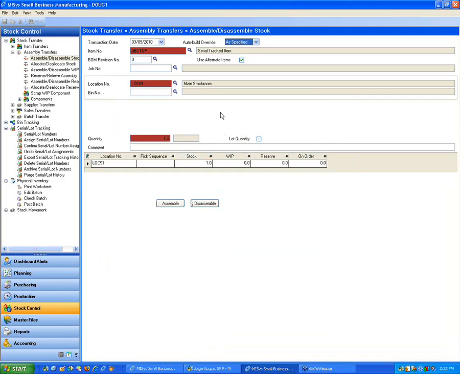Okay, looks very similar to SAE. You get the prompts. You get the ability to create new ones if you don't have existing serial or lot numbers. It pulls up the information. You can assign it at transaction time. Okay, or we could build the same transactions